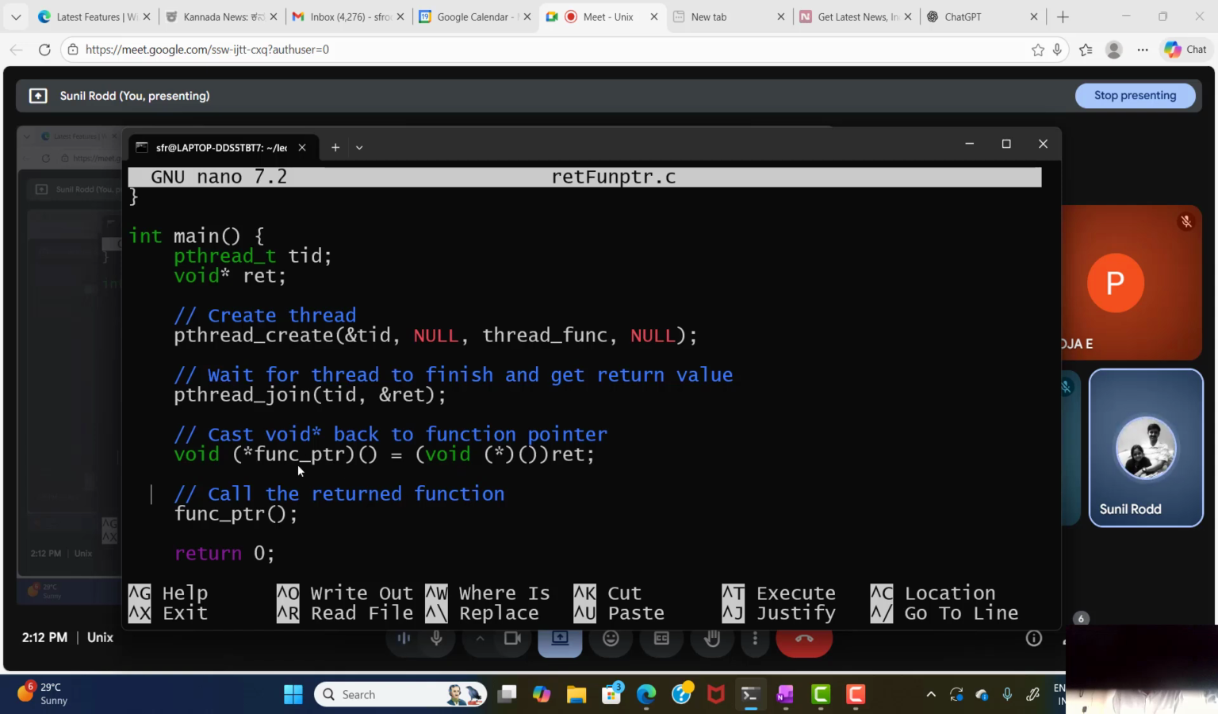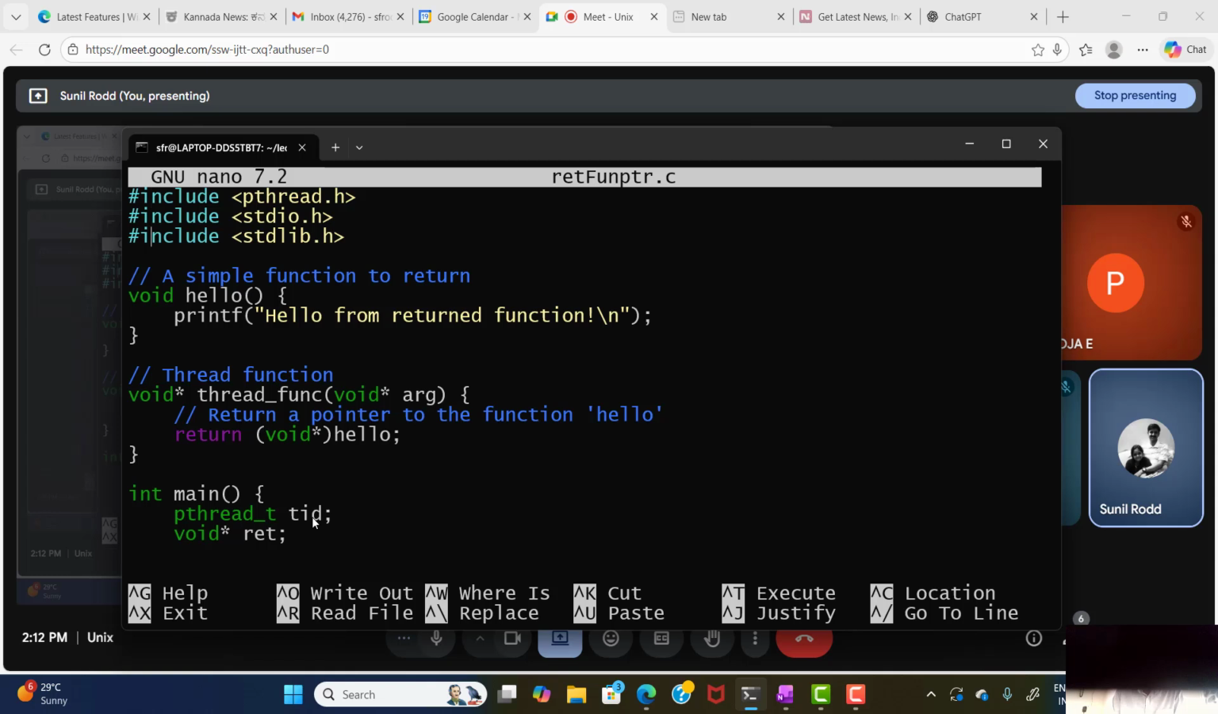Okay, so this is a very simplistic use case scenario where a thread can return the address of a function and the function can be executed from the main. Now if I compile this,